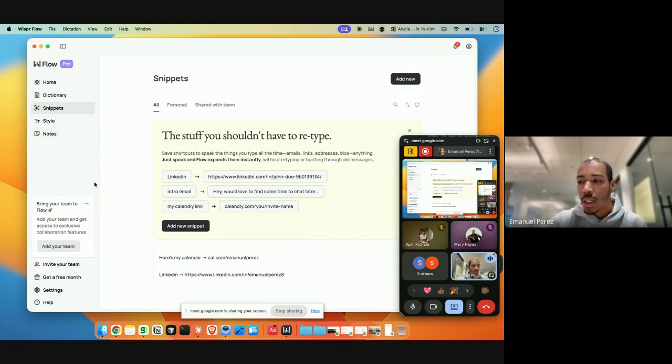Also, one fun fact is that the average words per minute for speech is about 150 words per minute. And so for me, that's more than double my typing speed of 70 to 75 words per minute. So if you think about increasing your productivity by a factor of 2 to 3, it's really amazing how much you can get done. Especially if you're talking to AI and writing prompts or going back and forth with it, or if you're with somebody too.